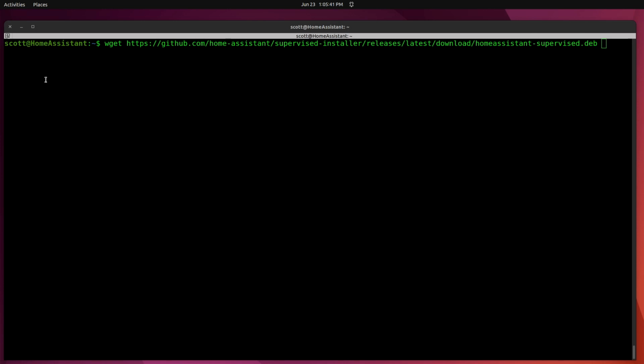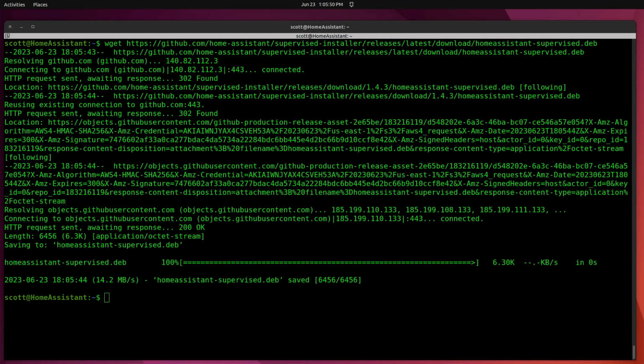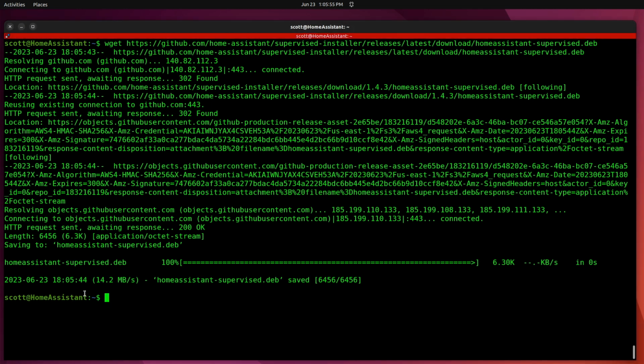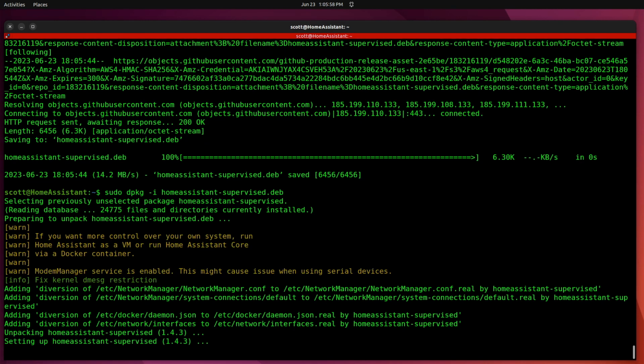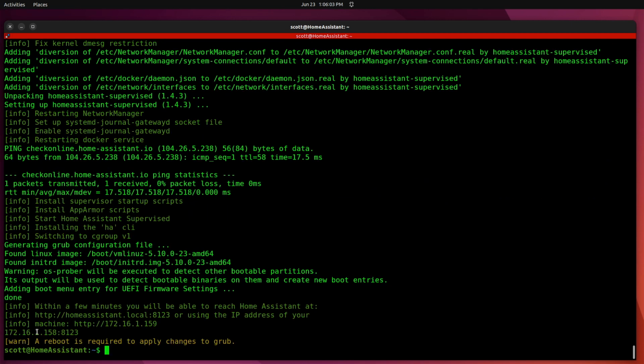Now we're going to download Home Assistant Supervised with this command. And finally, we're going to install Home Assistant Supervised with the dpkg command. And at the end, it goes ahead and tells you that it downloaded. For some reason, it always seems to give you another address, but the real address here is actually the first address that you get back, and then it's going to be port number